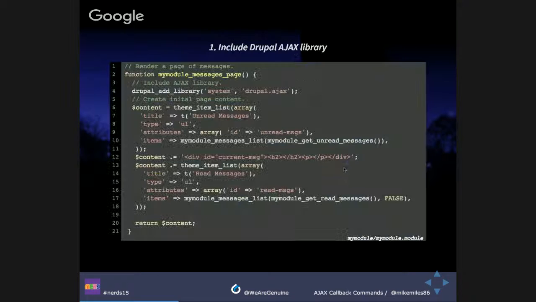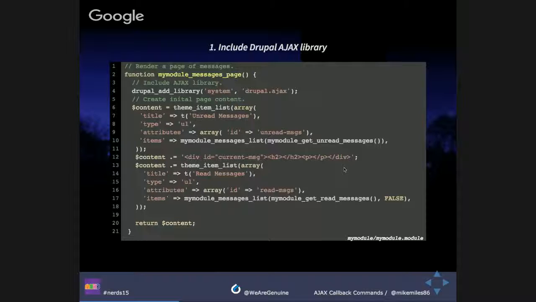So I have everyone's favorite module here, my module. And this is the .module file. And I have a function here that's called message page. And this is the function that is responsible for printing out that page we saw in the example. The thing to pay attention to in this code example, because I know there's a lot of code here,